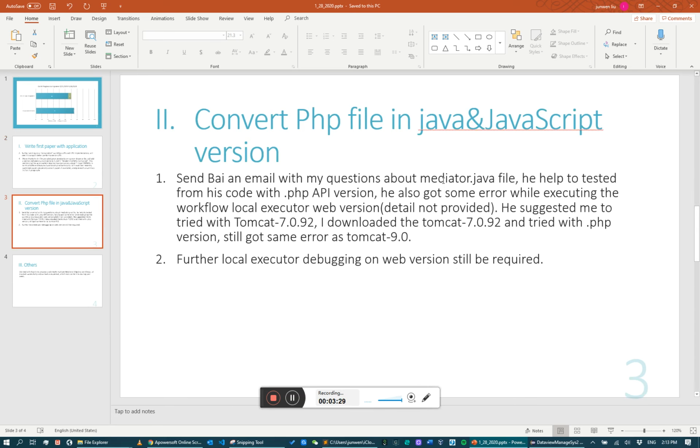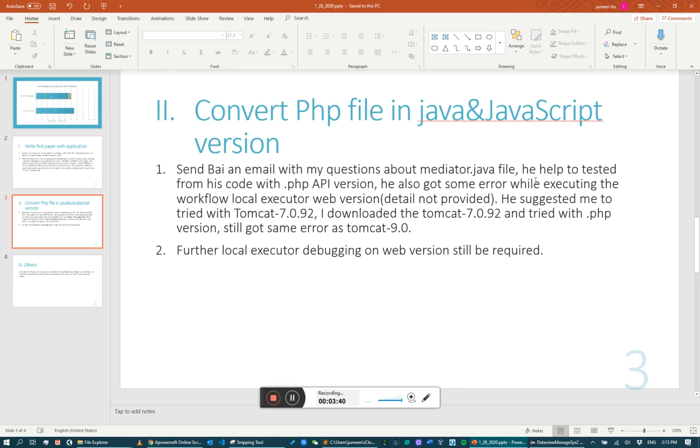For the second item, to convert the PHP file into Java and JavaScript versions, I sent an email with my questions about the mediator.java file. He helped to test it from his side with his code on a PHP API version. He also got some error while executing the workflow local executor web version. Keep in mind that we have the web version and the API version. Currently, the local workflow executor is working on the API version but not the web version. So he also suggested I try it with the Tomcat